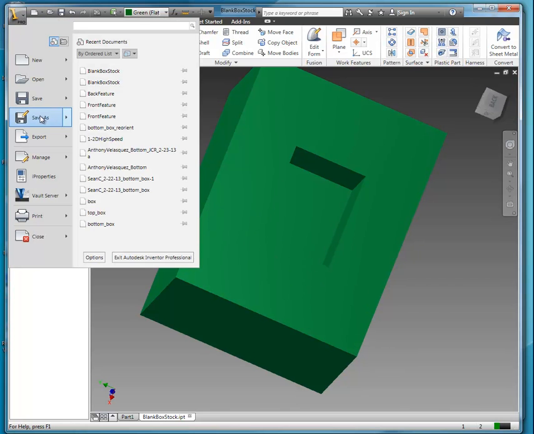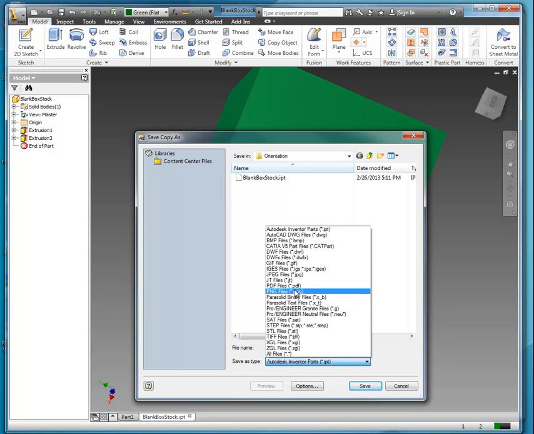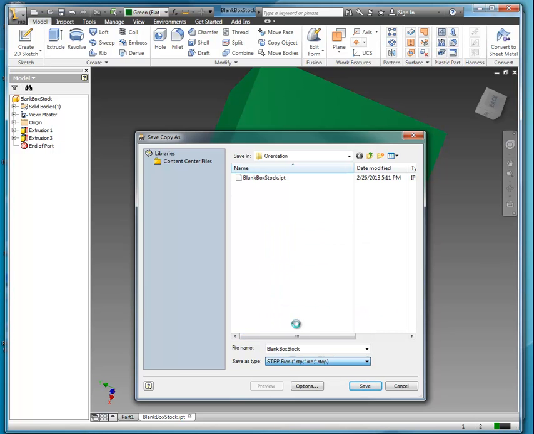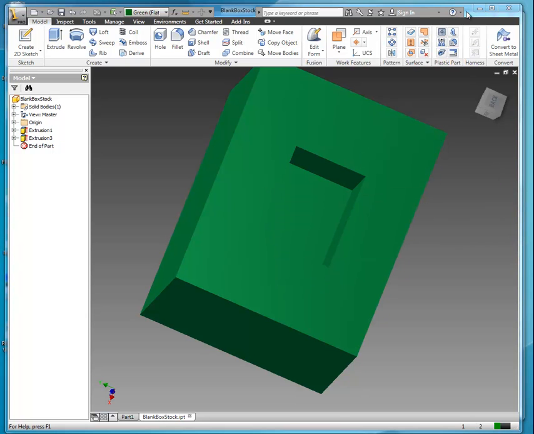So I'm going to do a file, save as, save copy as, and I am going to save it as a step file here, and I'm going to call it back. There we go. Okay. Now I'm going to go to